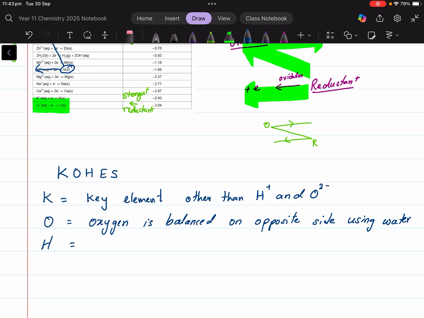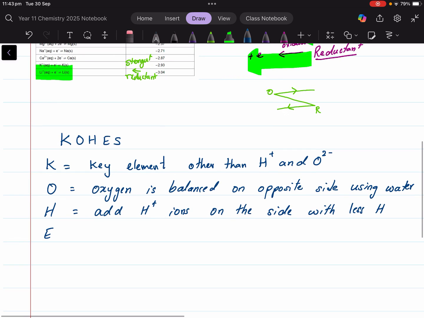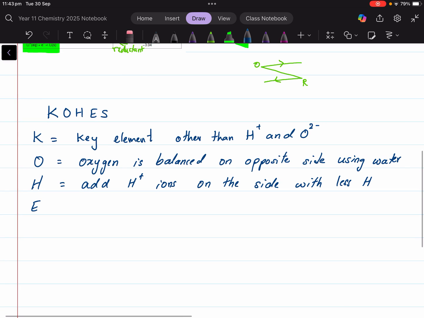Because these reactions are under acidic conditions, add H plus ions on the side with less hydrogen. Okay, so you'll add H plus ions, and then you would balance the electrons, or you would actually add electrons to equate the charges on both sides. So add electrons, the negative electrons, on the more positive side,